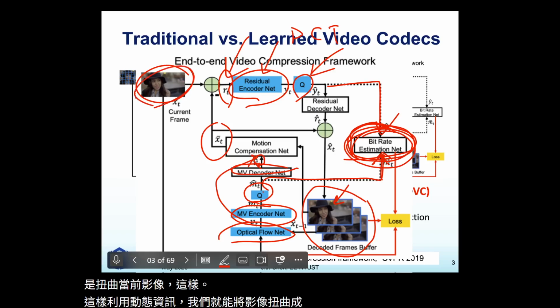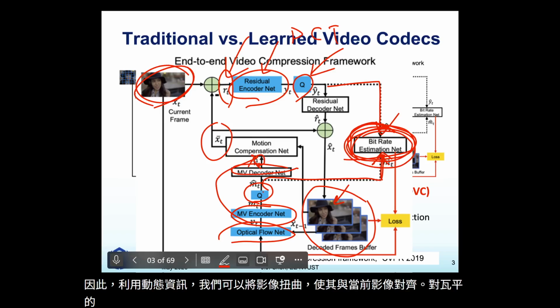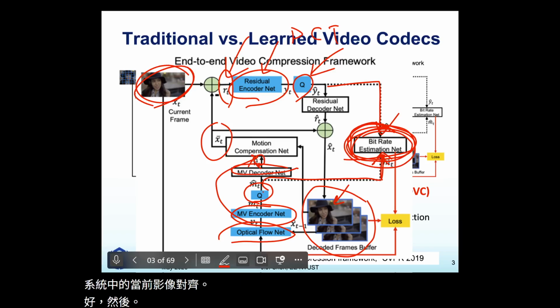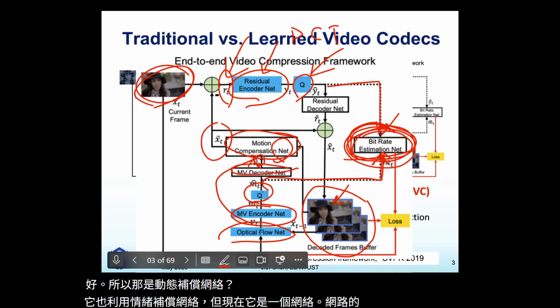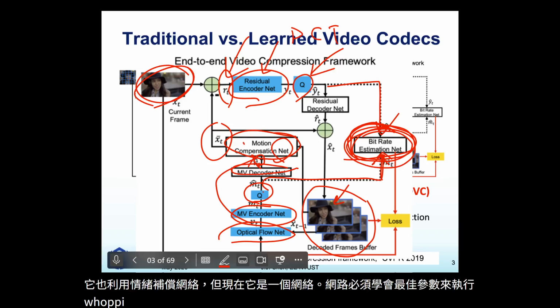Okay, we use warping in the deep video compression system. So that's the motion compensation network. It also utilizes the motion compensation network, but now it is a network. Network means that it has to learn the best parameters to perform the warping. So here this is a warping in the